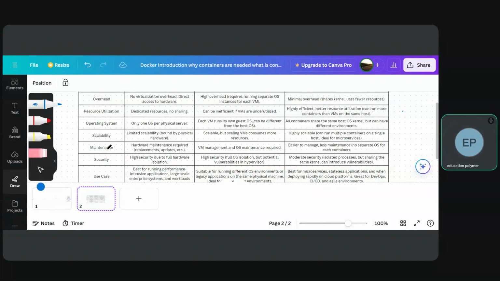And coming to maintenance, hardware maintenance is required for physical machines. For virtual machines, there is no hardware maintenance, only OS maintenance is needed. Whereas containers are very easy to manage. With respect to security, the physical machine is highly secure, and in the same way the security of virtual machines will be high. Whereas coming to containers,